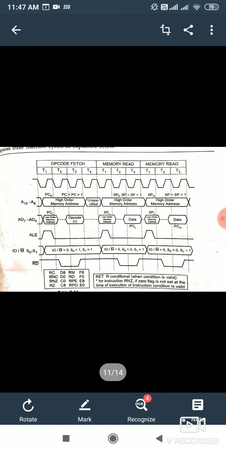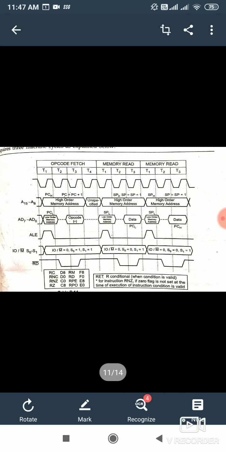Now next is the return instruction. In the return instruction we have only 1 byte. So the opcode fetch is only for the 1 byte, with 4 T states. After that it has to fetch the program counter data or address from the stack memory. Just like the pop instruction, whenever it retrieves the address, it has to read the data.